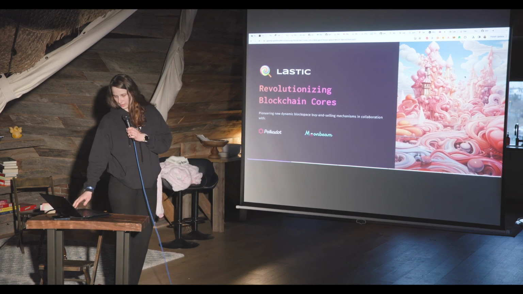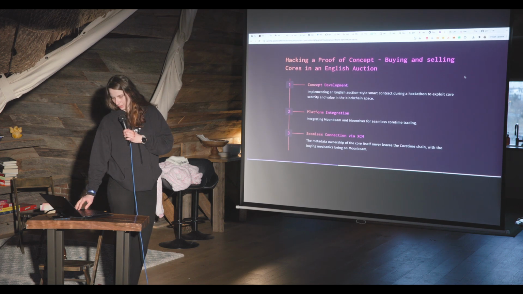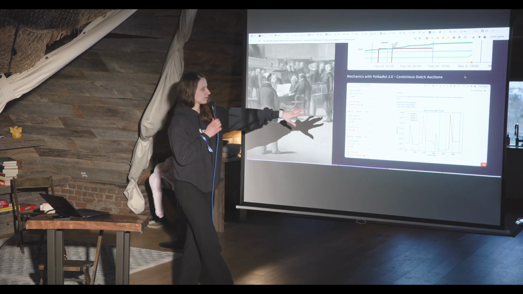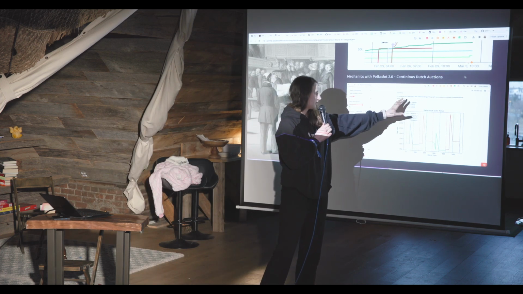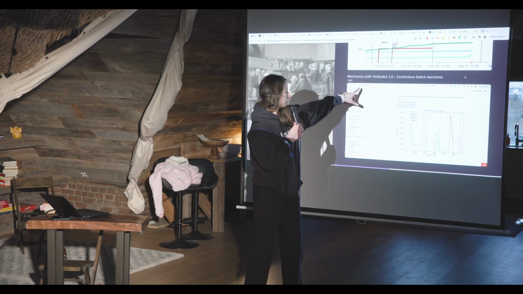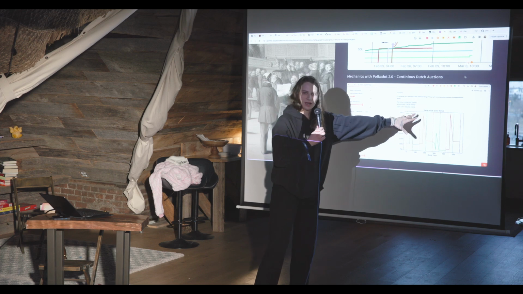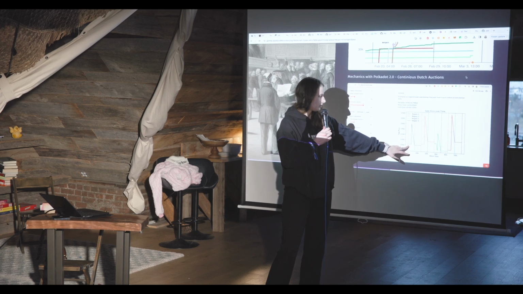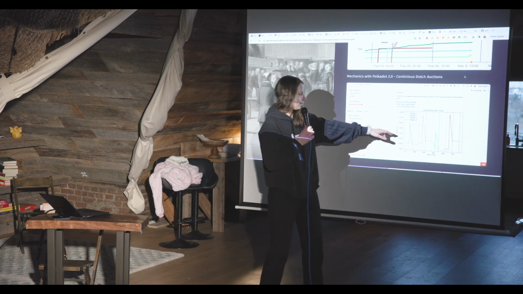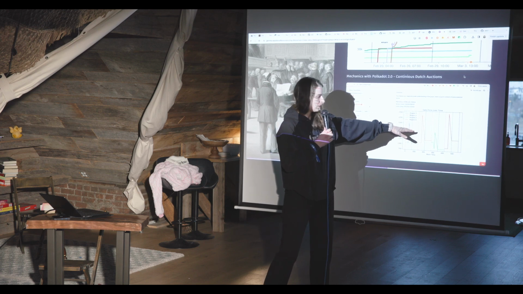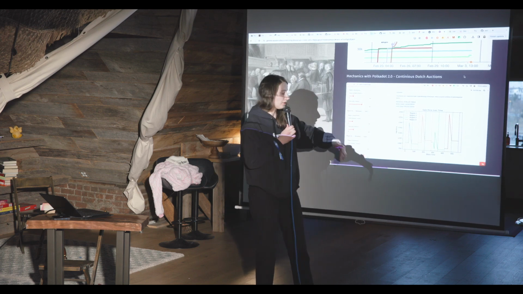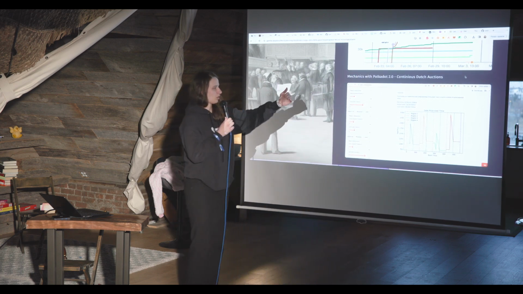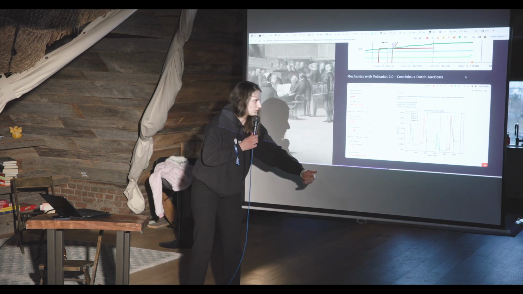Okay, what can we do when we have these interesting cores? This is how the cores will be sold. This is the website we built to showcase how the pricing mechanics will differ. At the start, you have the period to renew your core. Each month you renew your core or buy a new one. Then there is a Dutch auction drop off from a really high price, and then you go down.